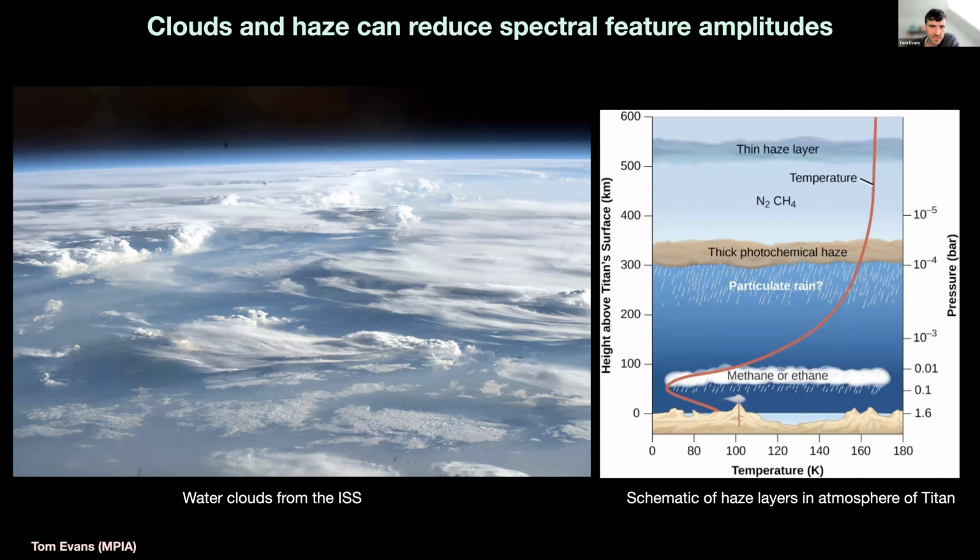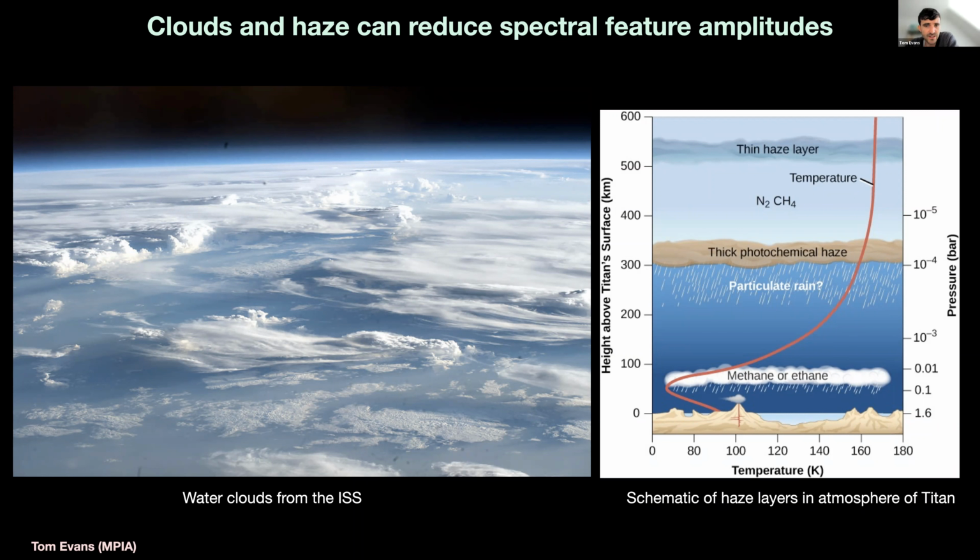So in my paper, I investigated the detectability of methane and carbon dioxide with a more systematic focus on how clouds and haze in the atmosphere might affect the results. So on a temperate planet, we might expect water clouds to form. On Earth, water clouds typically only extend to around 6 kilometers in altitude, but general circulation models suggest that water clouds could extend higher, above 10 kilometers in altitude in the atmospheres of tidally locked planets like TRAPPIST-1e.